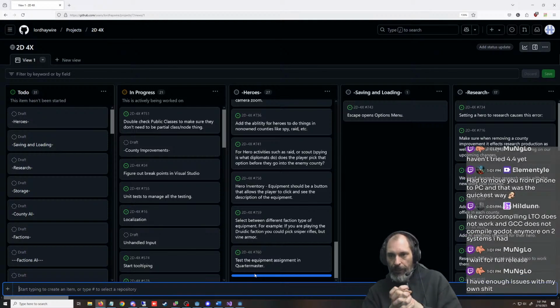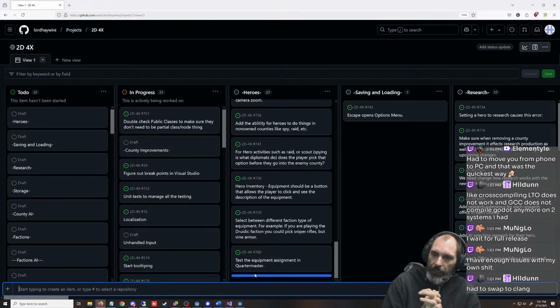4.4 broke so many things compared to 4. Really? I'm a Windows guy. But it does have some issues, 4.1. From phone to PC, I have watched probably 10 minutes of Twitch on a phone. I have no experience with how that even looks.